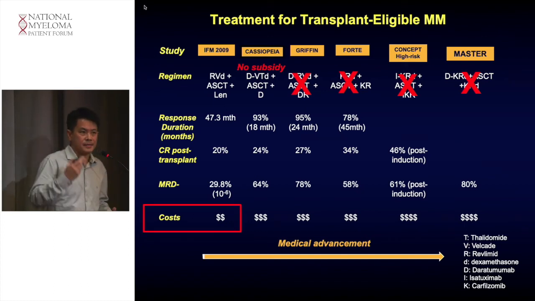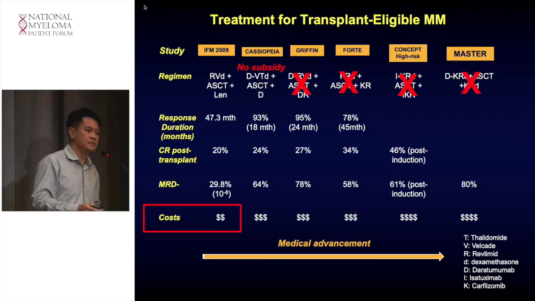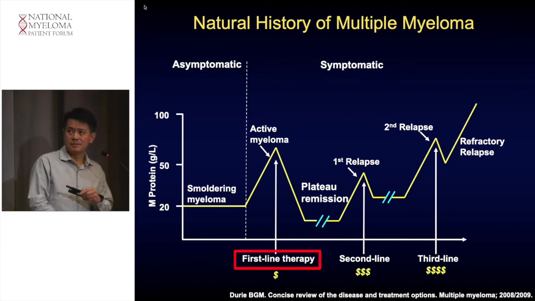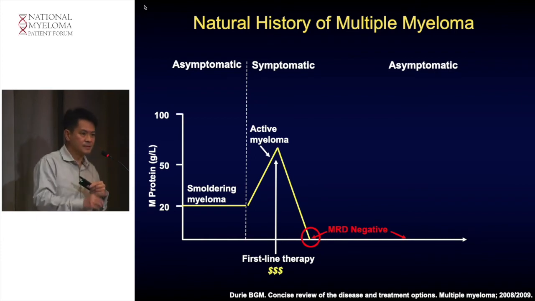Of course, the grand scheme of things is that this is for cost containment, and some of these expensive regimens are not cost effective. Now, what is cost effectiveness? Is it to skimp on the first line treatment and then have to spend a lot of money for more expensive treatment like CAR T cell therapy, which costs about $500,000? Is this cost effectiveness? To me, my preferred model is to invest heavily in the first treatment,